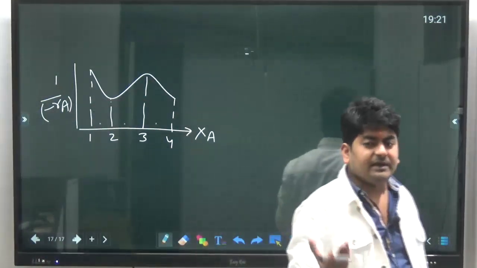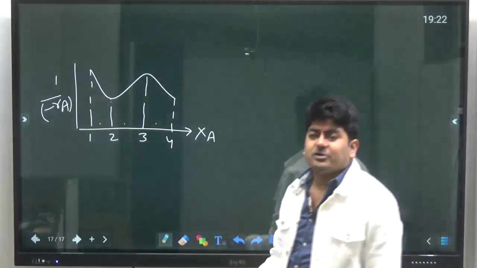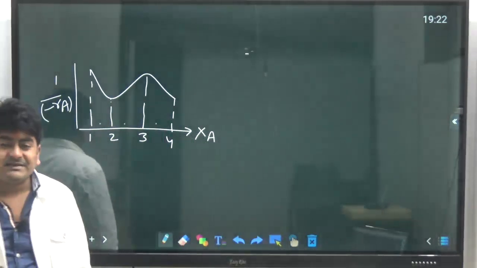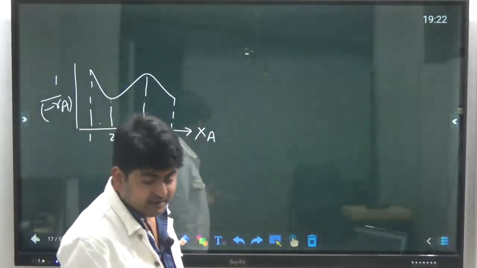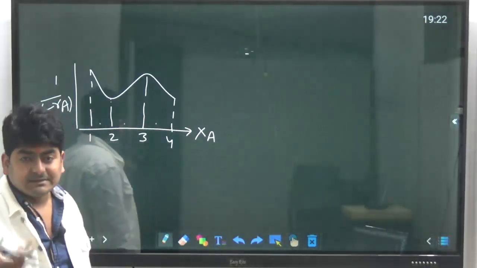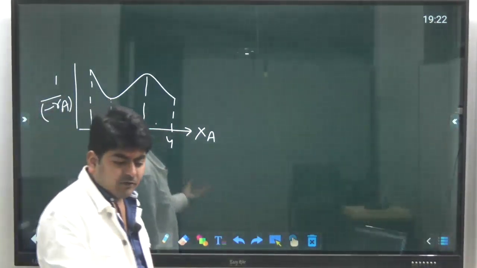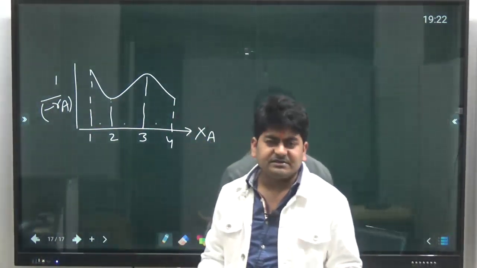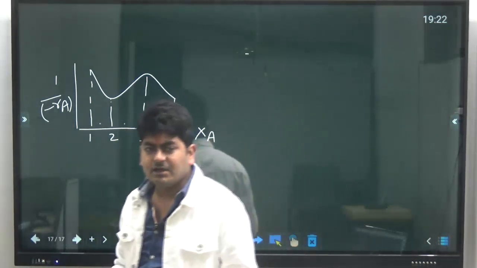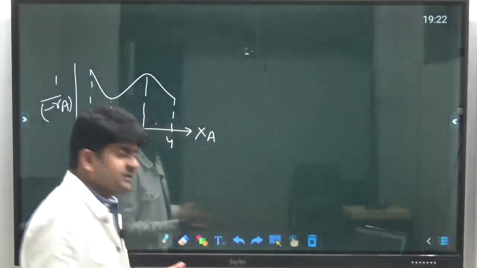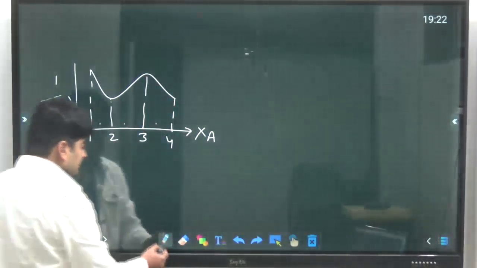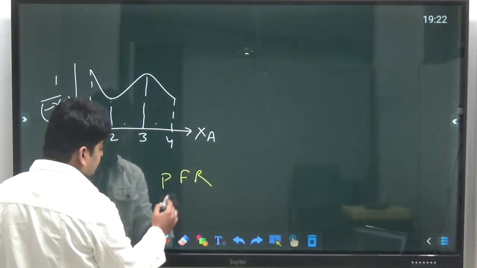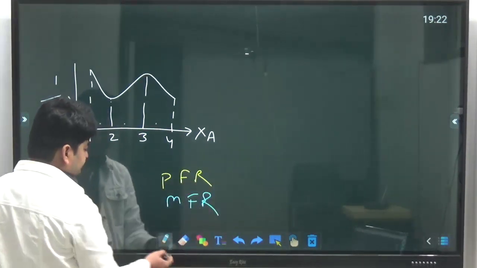See, as a chemical engineer, our main objective is to make the process economic, to optimize the things. And optimization means to minimize the input or to maximize the output. And in the case of reactors, input means volume of the reactor. If a small volume of the reactor is required, less money will be spent. If a large volume of reactor is required, more money will be spent. It's simple logic. We have to reduce cost and increase profits. So here PFR, let's say yellow, MFR, let's say blue.